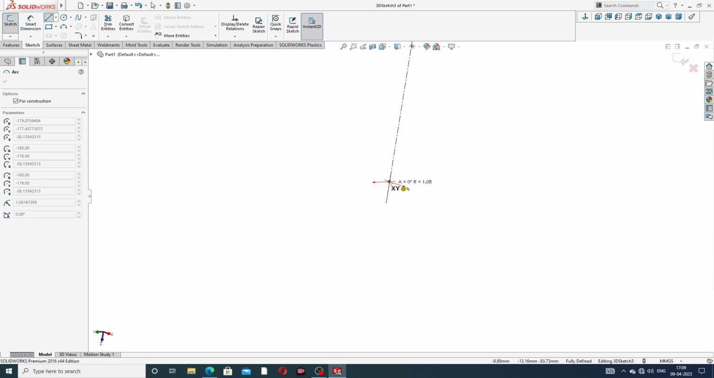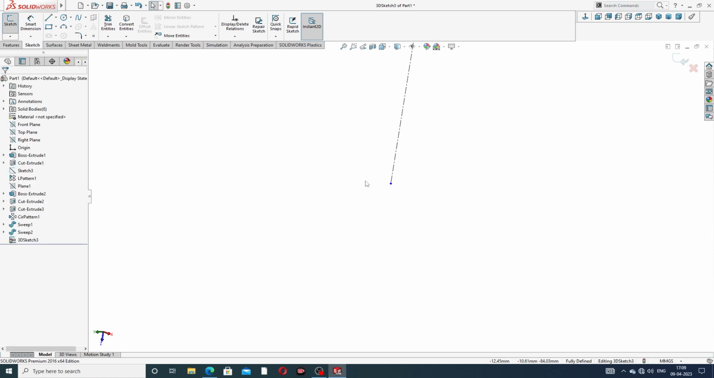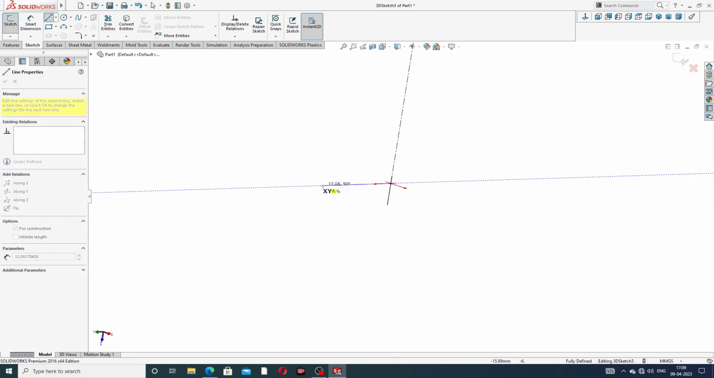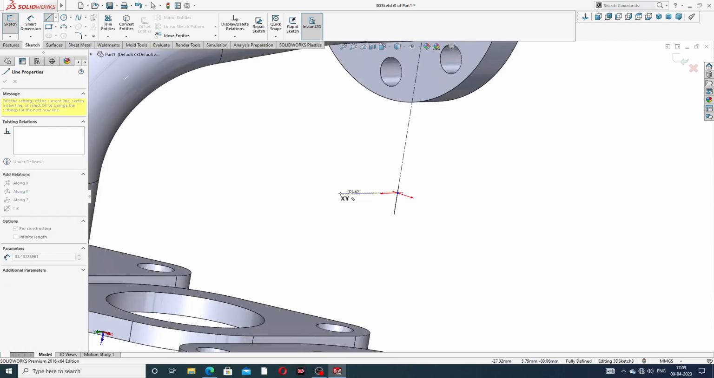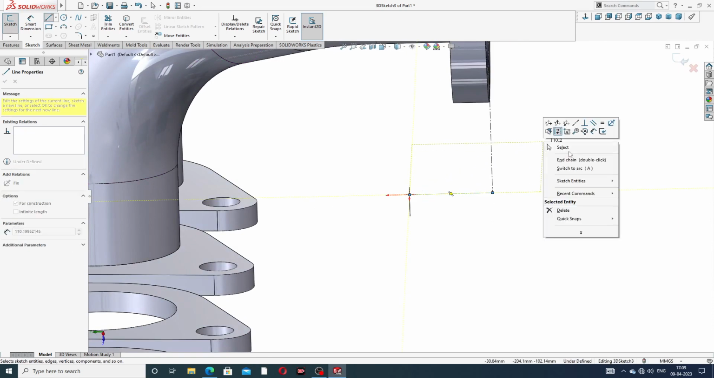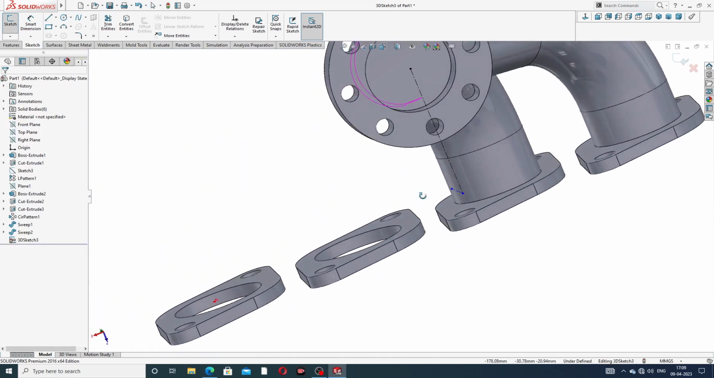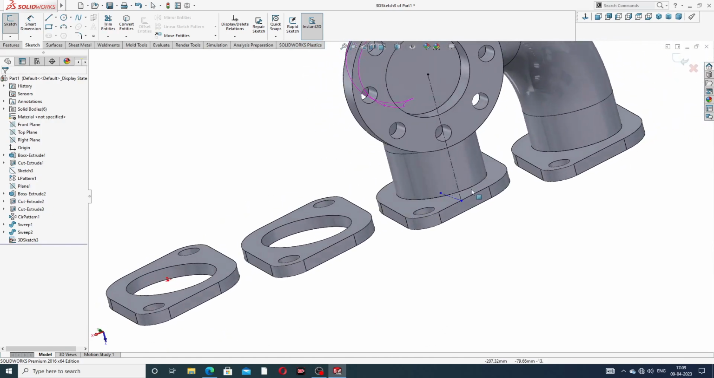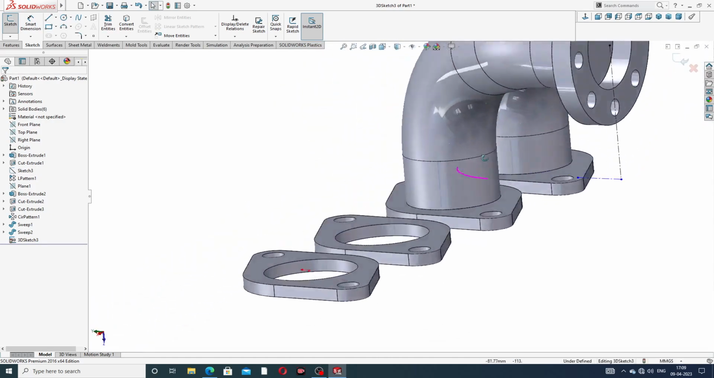Okay, this line uses a curve, but curve is not mentioned here. Use a line, and line is okay. Okay, use a tab. Okay, this is a perfect line. Okay, this line is correct, but